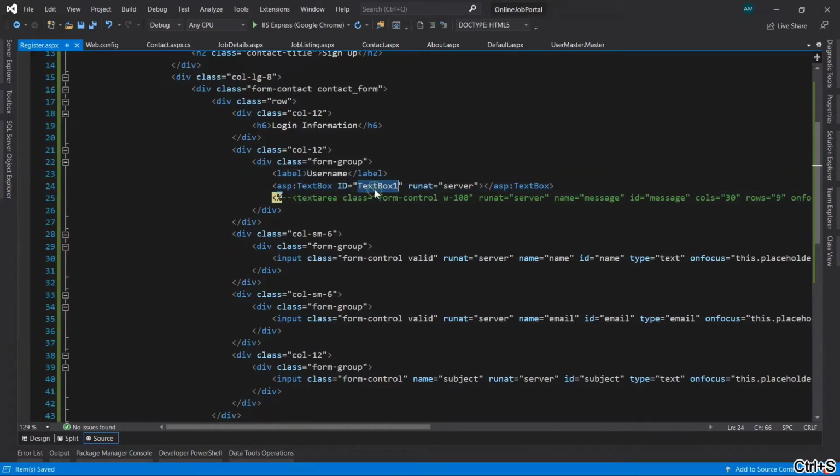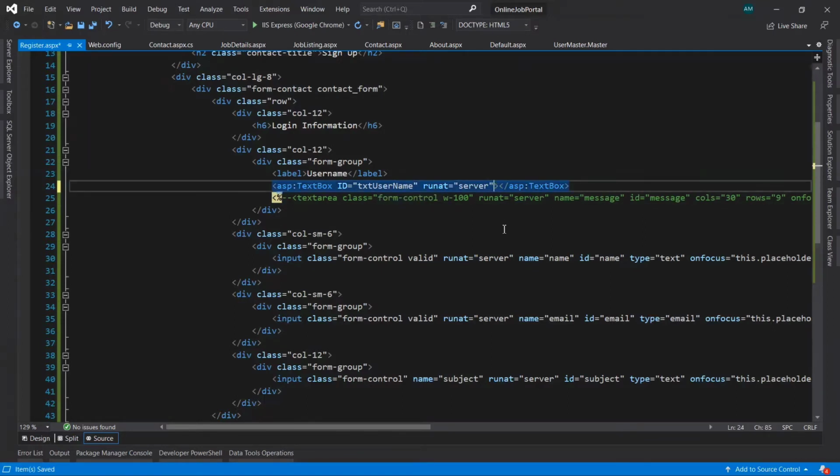Now give the ID name for the text box, txtUsername. We want to use the class form-control.